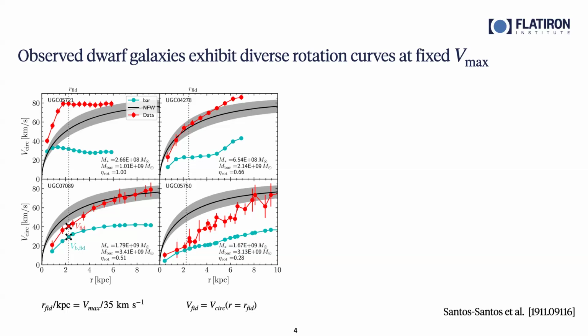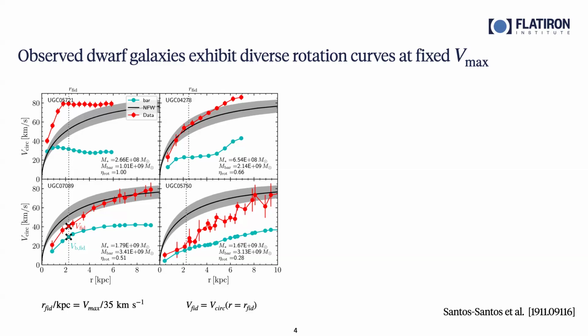Okay, so this is in contrast to what we actually see observationally though. So here I'm showing a rotation curve that is more steeply rising in the central region than NFW, whereas this rotation curve is more slowly rising in the central region than NFW. And so this you might think of as typically corresponding to a core, if you think back to the old core-cusp problem, but I'll go into that a little bit more in a second. So people have tried to